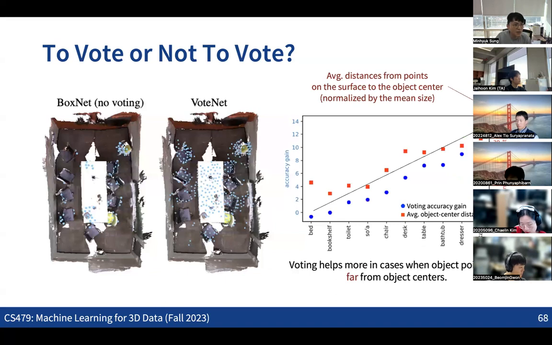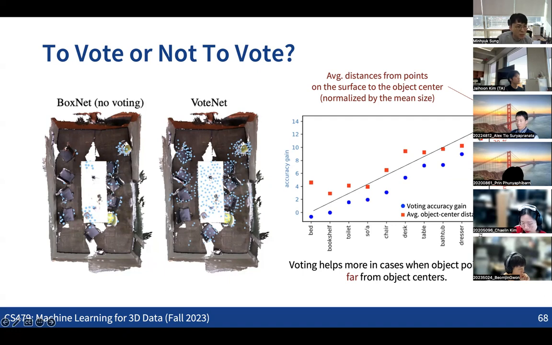So this is a very interesting plot showing the improvement in accuracy when you use the voting idea. Here the blue dot indicates the performance gain when you use the voting idea. The blue dot having a high score on the y-axis means we are achieving a performance gain with the voting scheme.